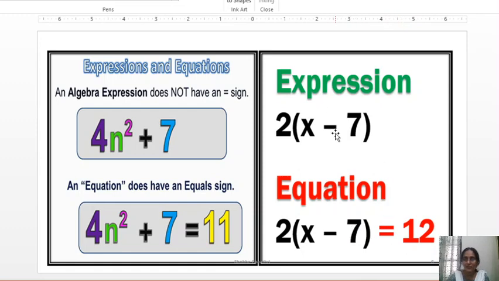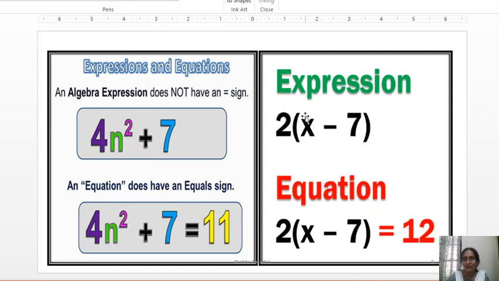What is the difference between this second expression and the first expression here? n is the variable here for this first expression. Here x is the variable for this second expression. Observe the powers. n's power is 2 and x's power is 1. If the power is 1, we will not write anything. It is understood that it is 1. Now n square means n into n.